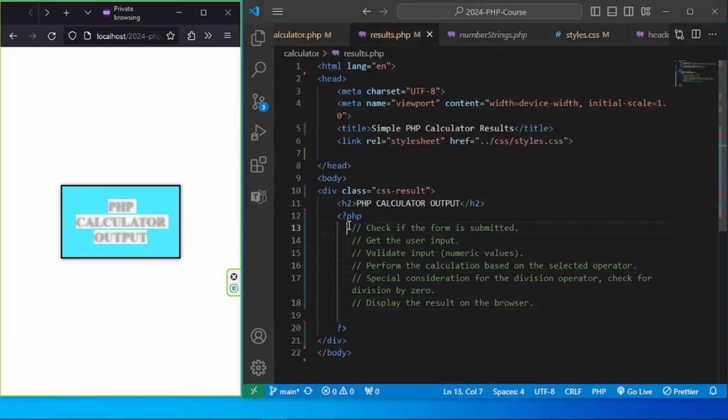I would suggest you pause the video first, try to figure out on your own how you will be able to implement the following here, and then just resume so that we can see how this will be done in my own implementation. So there are a number of ways you can implement this, so don't worry if we're not going to be exactly the same. So at least you can try figuring out the logic of what we want to accomplish in this simple PHP calculator results. So just pause the video for a while and just play it again,